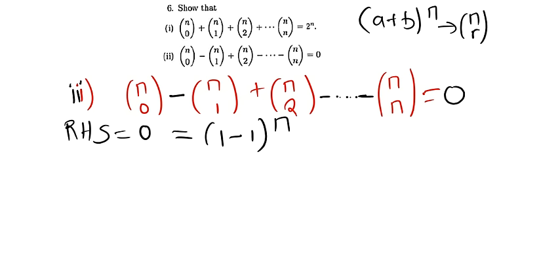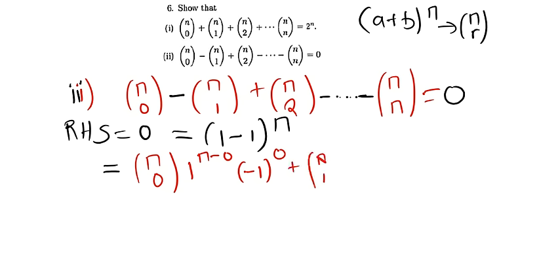So how does that come out? If we proceed to the next step, we'll see n choose 0, and then the first part, 1, will be raised to the power n minus 0, and then the other part, which is now negative 1, as we can see from the expansion there, will be raised to the power 0 as well, plus n choose 1, and then 1 raised to the power n minus 1, negative 1 raised to the power 1,